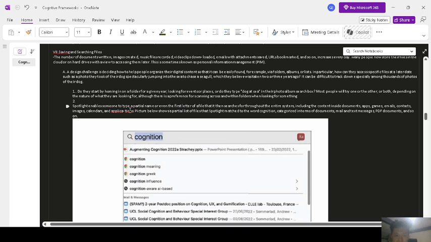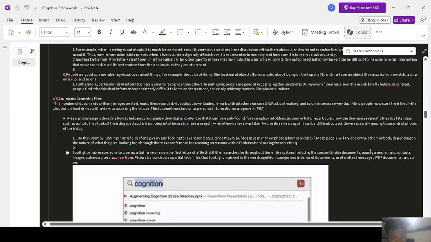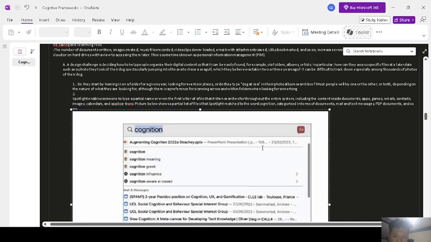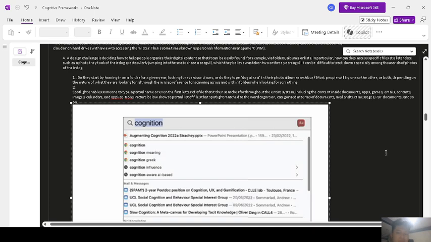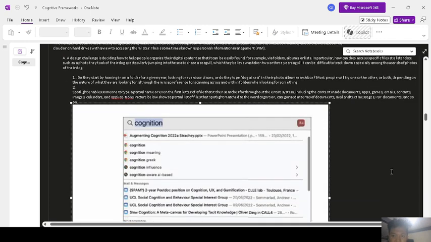So Spotlight enables someone to type a partial name or event or even the first letter of a file that it then searches for throughout the entire system, including the content inside documents, apps, games, emails, contacts, images, calendars, and applications. The picture below shows a partial list of files that Spotlight matched to the word cognition, categorized in terms of documents, mail and text messages, PDF documents, and so on.